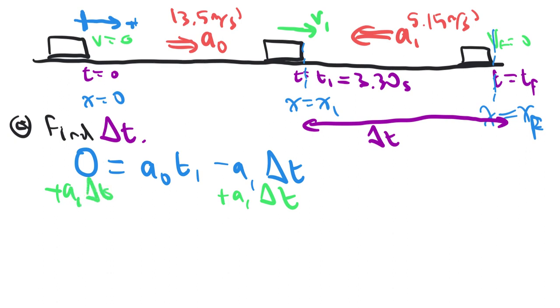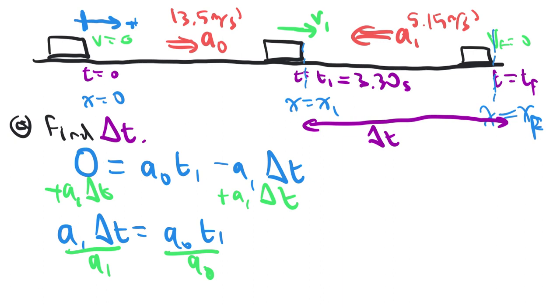That gives me a new equation, A1 delta t equals A0 T1. And then I want to isolate delta t, so I divide by A1. But I have to do it on the other side as well to keep the balance. So that now my equation becomes simply delta t is A0 over A1 T1,